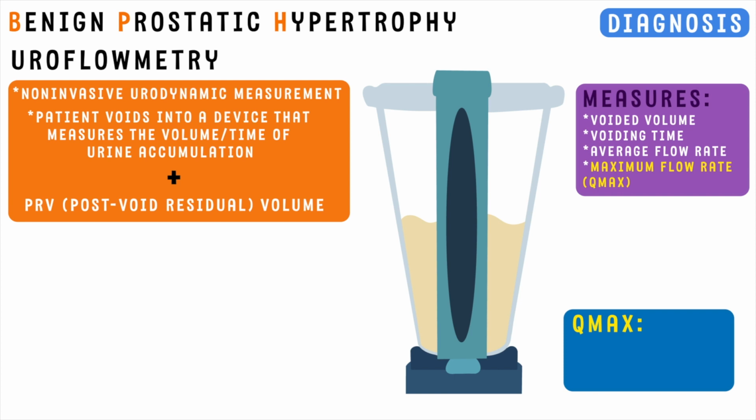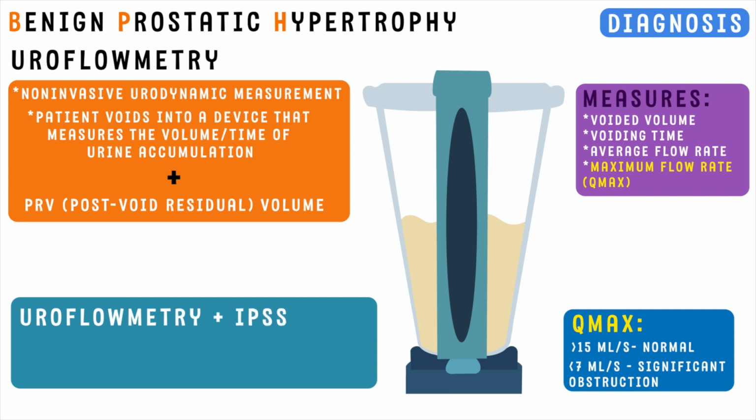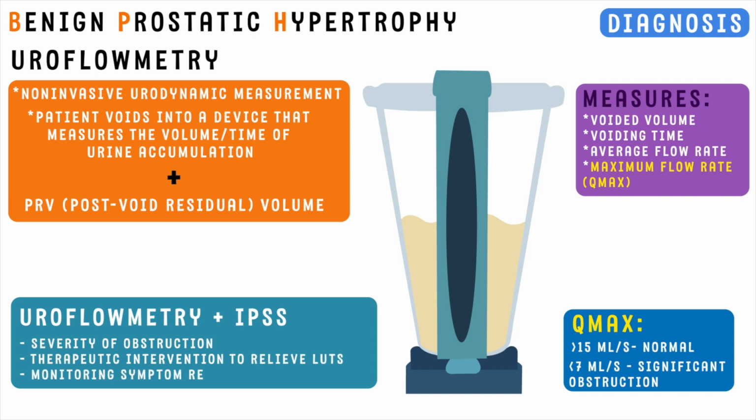While formal definitions vary, in general with a voided volume of more than 125 to 150 milliliters, a Qmax of more than 15 milliliters per second is often considered normal, whereas a value of less than 7 milliliters per second is suggestive of significant obstruction. Furthermore, it is advisable to use uroflowmetry in conjunction with IPSS. This helps in assessing the severity of obstruction, determining the need for therapeutic intervention to relieve LUTS, and monitoring symptoms